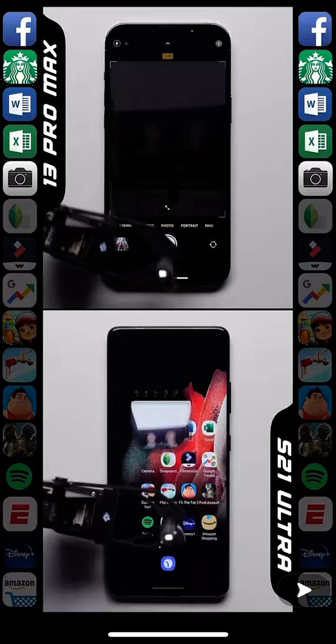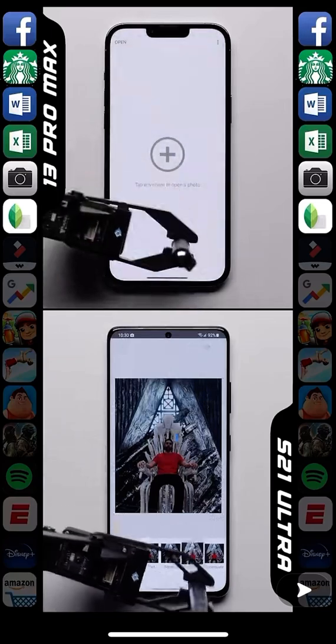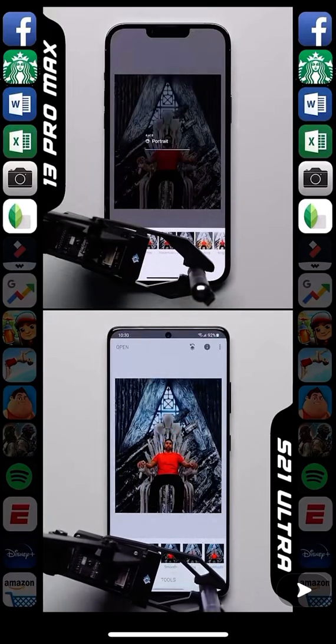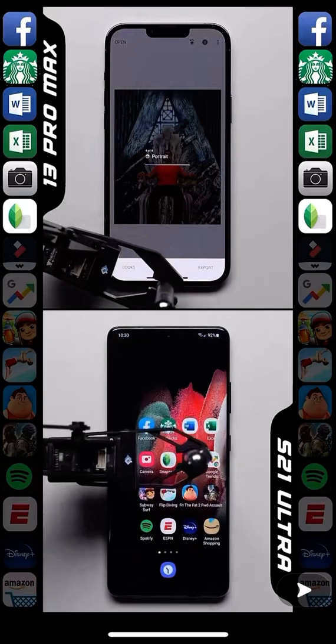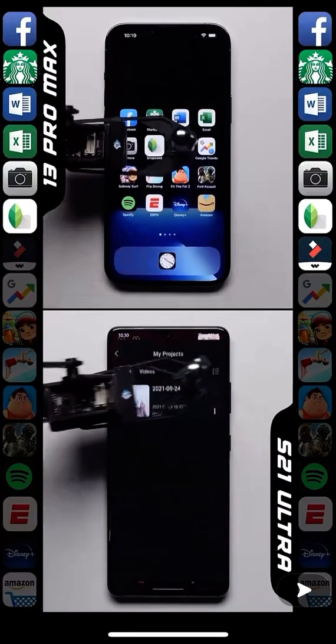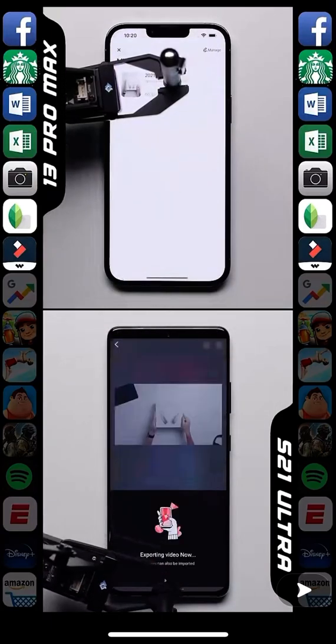the second row, where each of them are tasked with taking a selfie before popping into Snapseed, where they'll edit the same exact photo. Now, this task is a bit more processor intensive, so it's going to be interesting to see if the iPhone 13 can make a comeback here. From the looks of it, the Galaxy actually completed that task at a faster rate, allowing it to get a